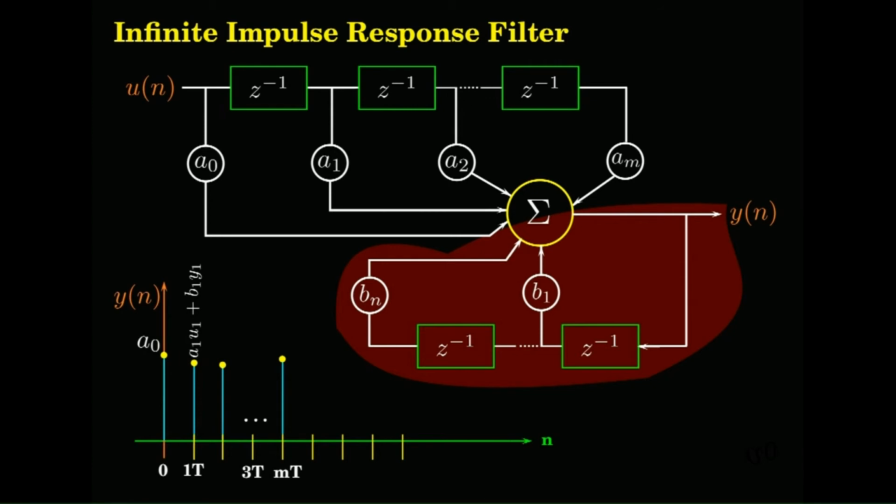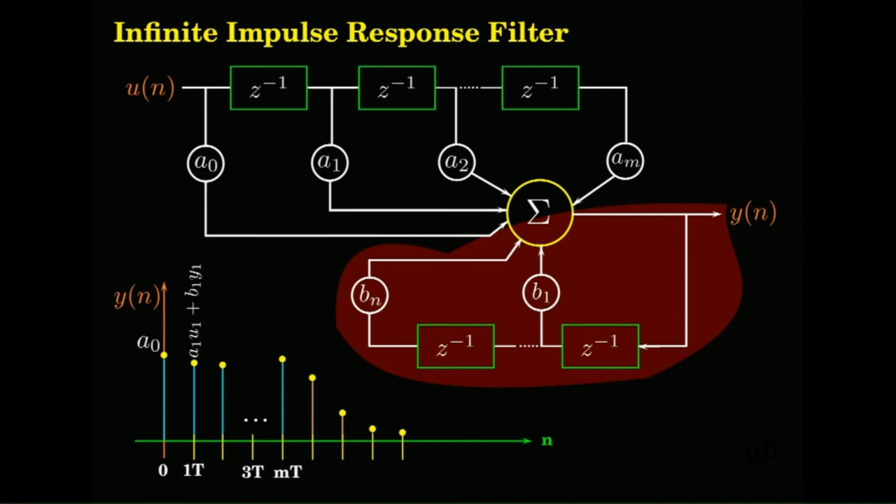So if it's a first order system, it will decay exponentially. If it's a second order system, it will decay in a manner determined by the time constants and the damping factors. If it's a multiple order filter, according to the pole locations, this will decay. It will increase if it is an unstable pole. So after that, if it is a stable system, it will decay to 0.